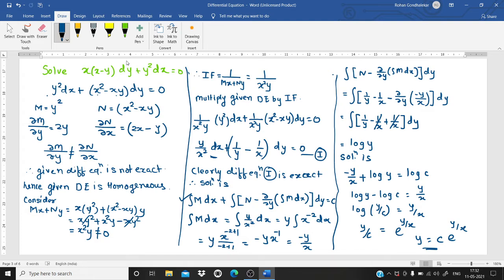Is this okay? So I hope you understood it very well. Yeah, one more thing you can do in the same calculation. See y upon c. So 1 upon c can also be a constant term. So instead of that, we can write y into c dash is equal to e raised to y upon x. So both ways your answer is correct. Only we change the representation. So what is c dash in this? c dash will be 1 upon c. Okay. So that part you need to remember.